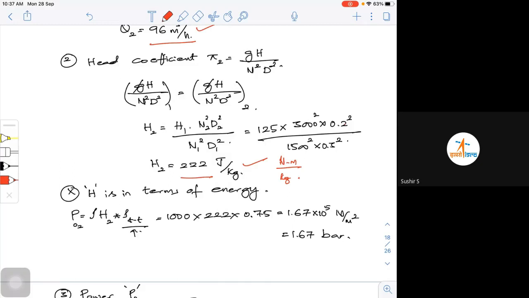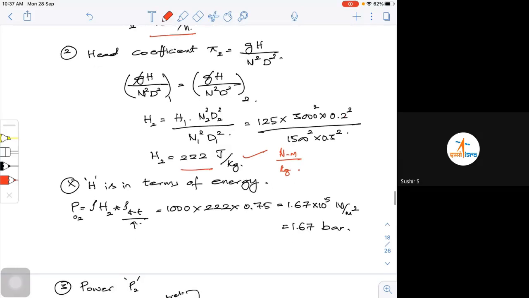Okay. Once I calculate that H value in joules per kg, it is multiplied by its efficiency. What is this efficiency? This efficiency is required for us. What is the total to total efficiency? It is the ratio of the available energy, or the energy we are trying to put in, to the energy you are supplying. In power absorbing machines, you are trying to supply more energy. You are supplying more energy, but it will be doing less work, in the case of a turbine.